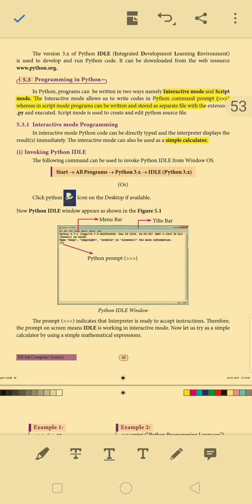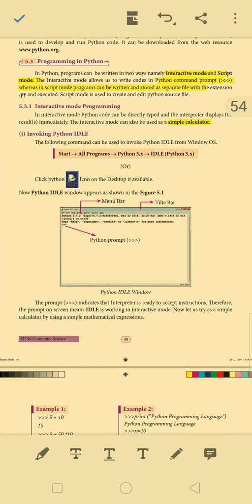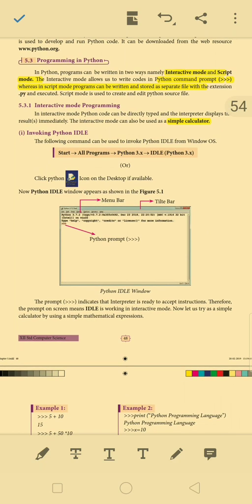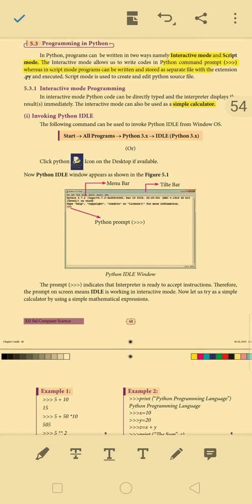Generally, Python programming can be written in two ways, namely interactive mode and script mode. Interactive mode allows us to write code at the Python command prompt. This command prompt indicates the interpreter is ready to accept instructions. Therefore, the Python prompt on the screen means IDLE is working in interactive mode.